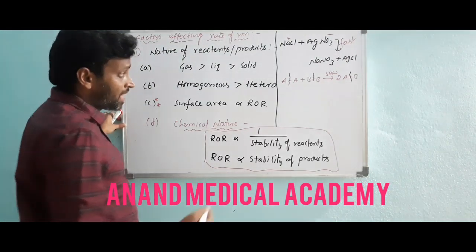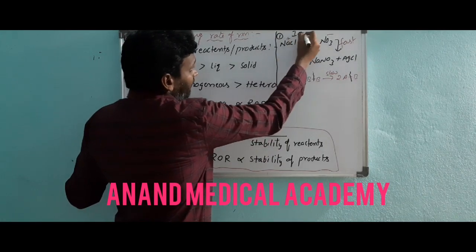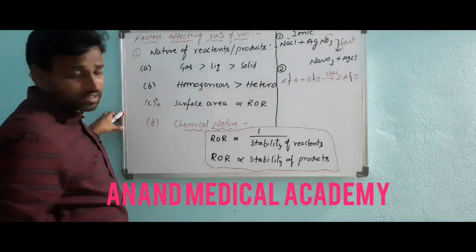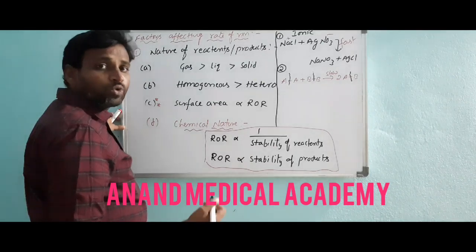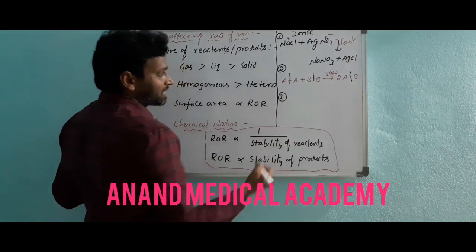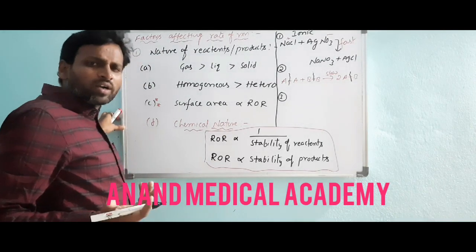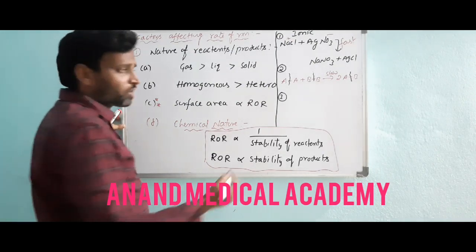This is the next thing. Number one, ionic reactants are more reactive, I said. And the second one is covalent. If the reactants have old bonds to break and new bonds to form, new bond formation takes time. And the third one is if the reactants have more bond order. Bond order means the number of bonds is more, so more bond energy is required.